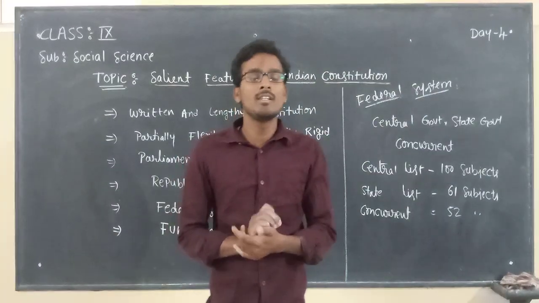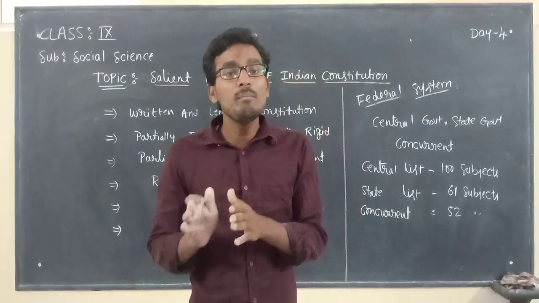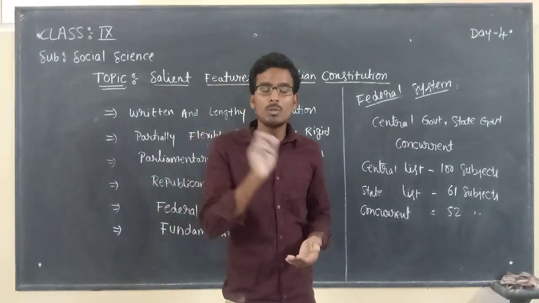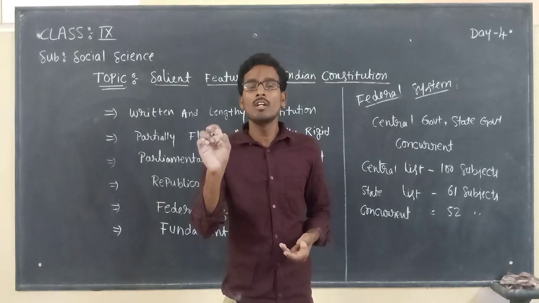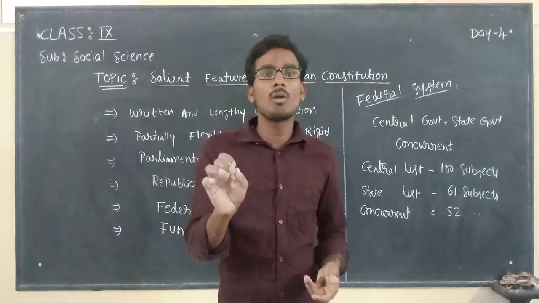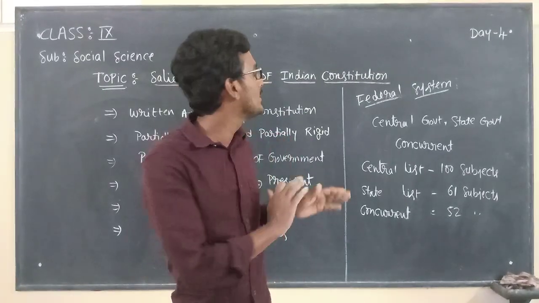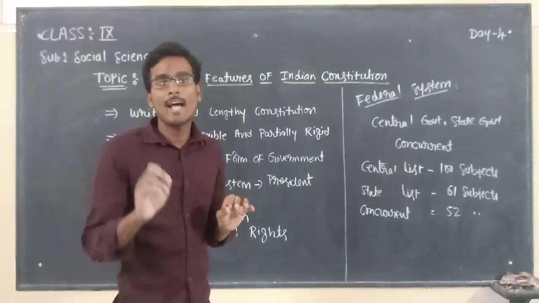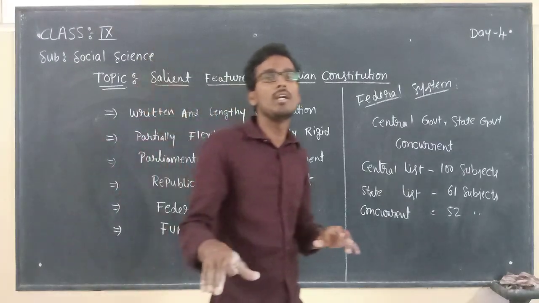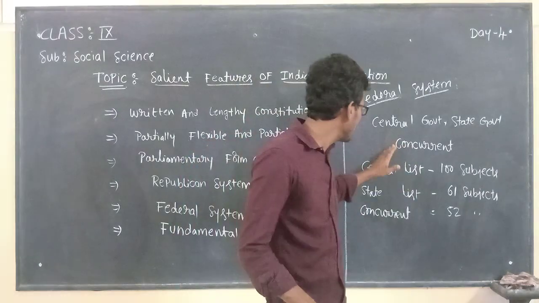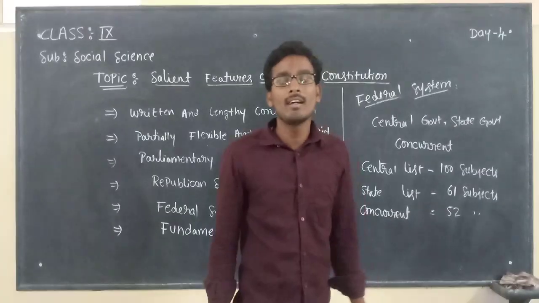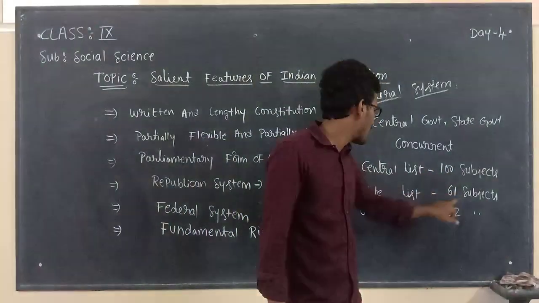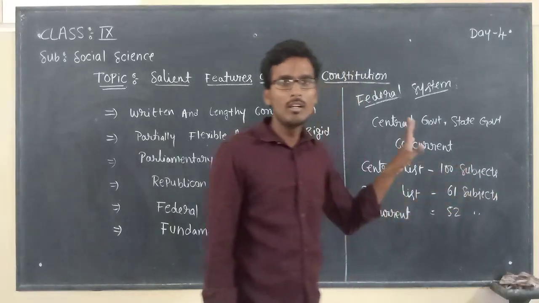And if in case any dispute arises between the central government and state government, the Supreme Court is responsible to solve any kind of dispute between them. So this kind of government is known as federal system and federal government. Administrative responsibilities are divided into central list, state list and concurrent. Concurrent means combined. Central list how many? 100. State 61. Combined list, that is 52. So next,